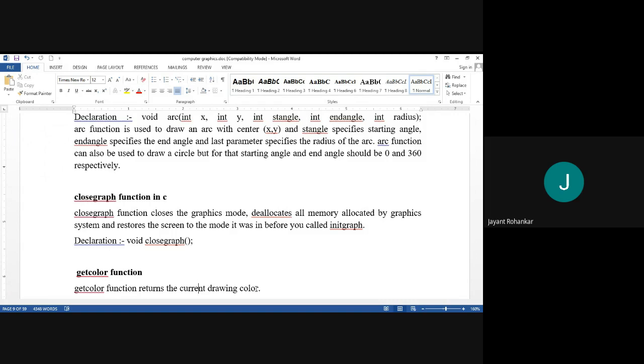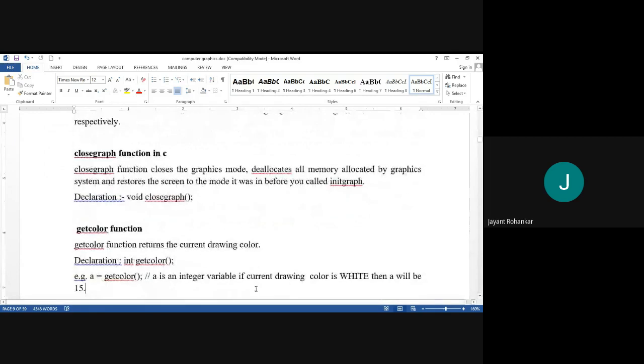Means it will send the screen to the previous mode where it was available. The declaration syntax for closegraph is given here: void closegraph(); and you have to put the semicolon as it is the syntax of C programming.